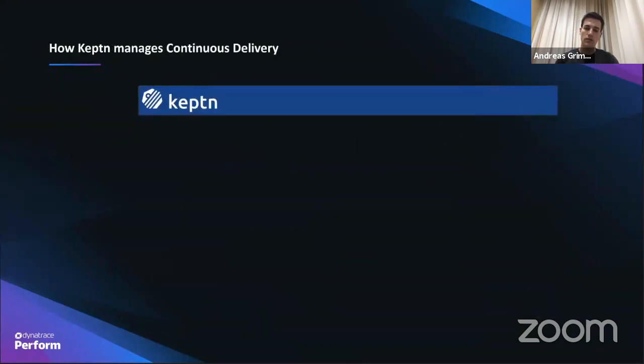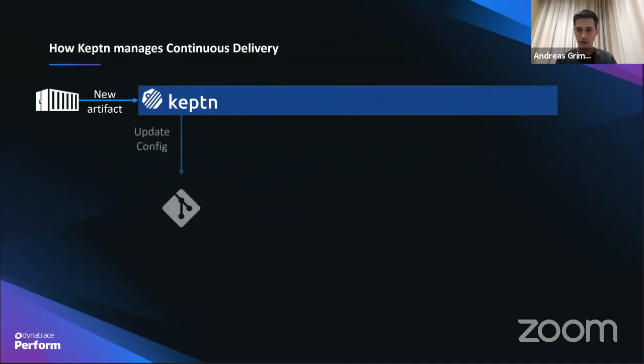Okay, and now, before we have seen how we can trigger Keptn having a new artifact, and now I show you on a really high level how this continuous delivery process really works on Keptn. So here we got triggered, or Keptn got triggered by having a new artifact available. This can be done using our CLI, as Sebastian did it, but it can also be done using the REST API Keptn provides you.